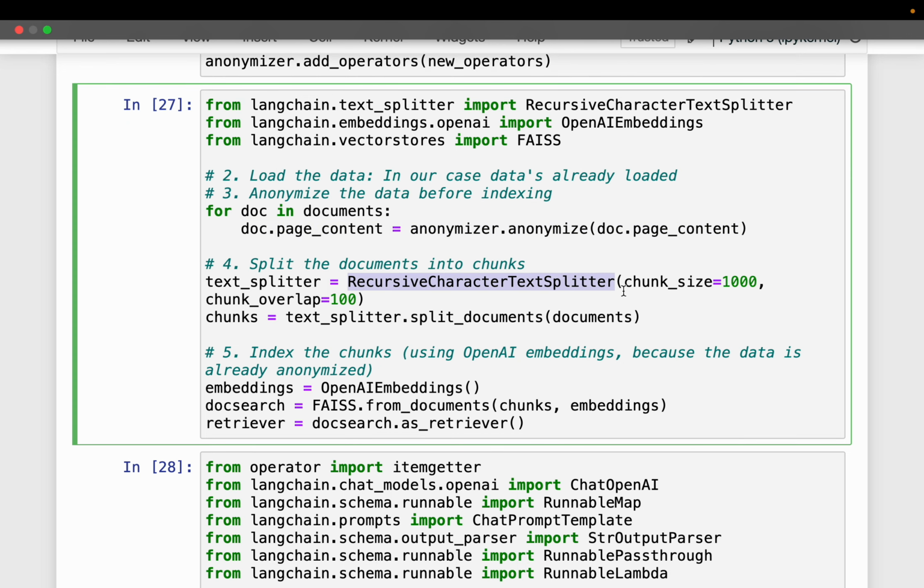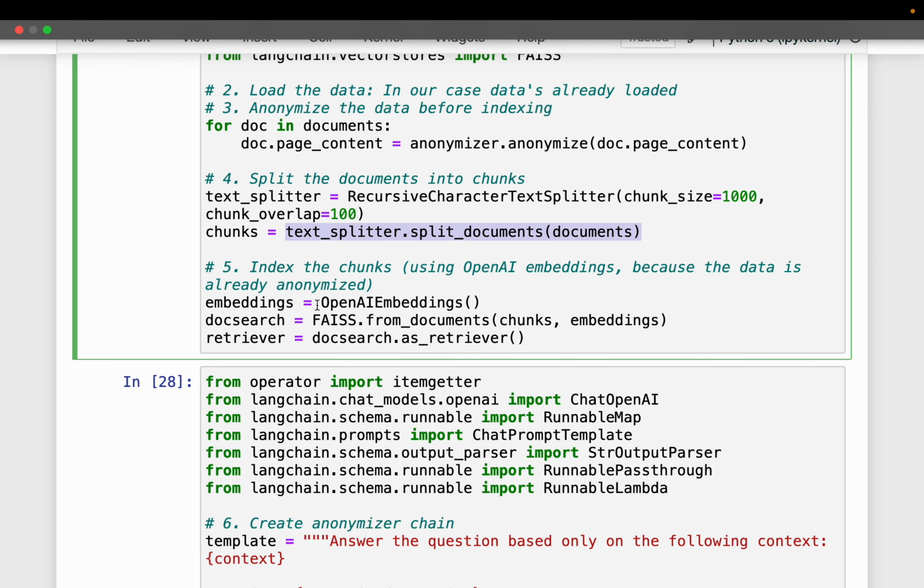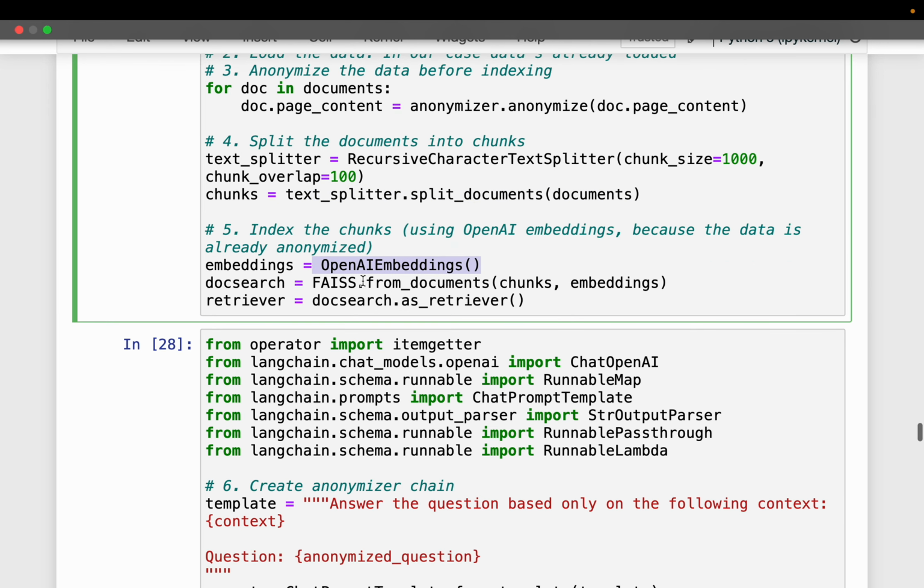And then we are splitting the document into smaller chunks, and each chunk will have 1,000 characters, and there will be 100 characters of overlap between consecutive chunks so that we can preserve the context between the chunks. And then we are using the OpenAI embeddings model. Here we are creating a vector store and storing the vectors, creating the embeddings, and so on, right? So here we have all the chunks and we are creating the embeddings.